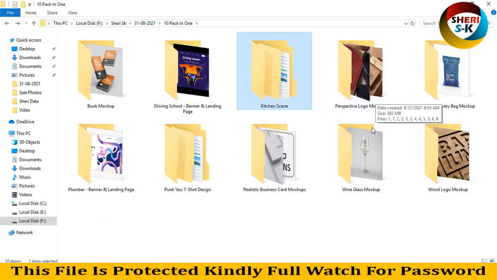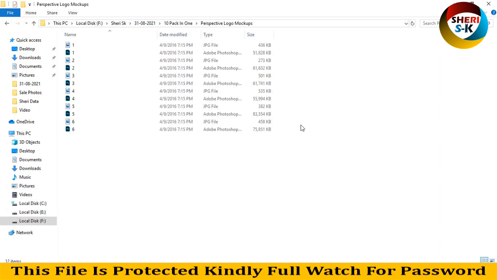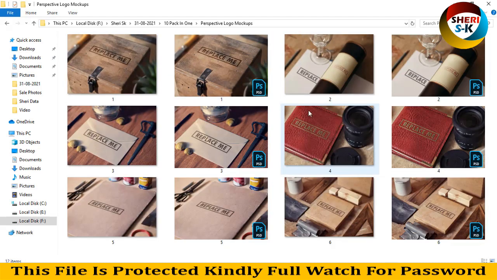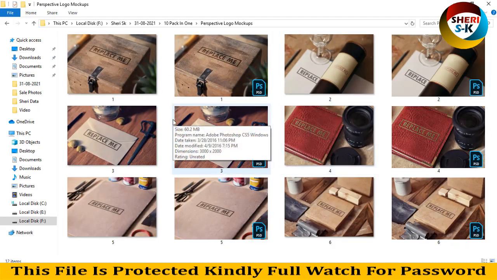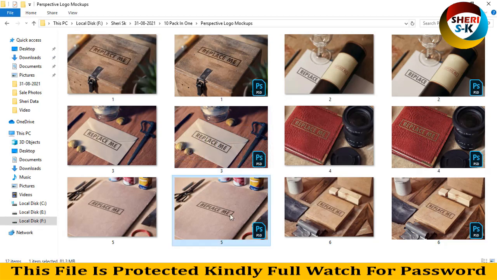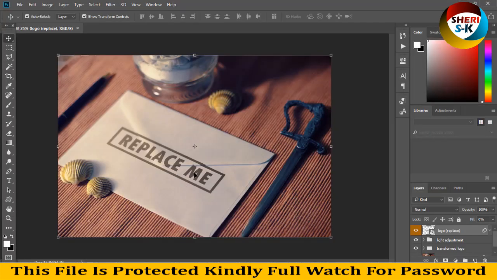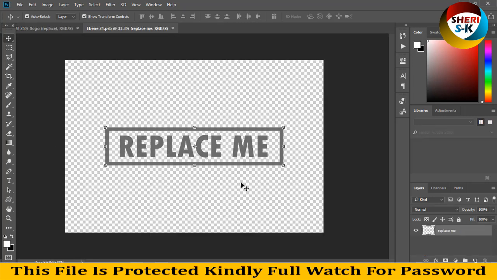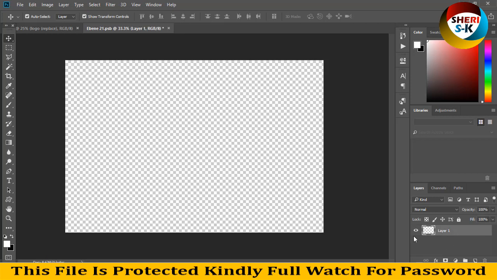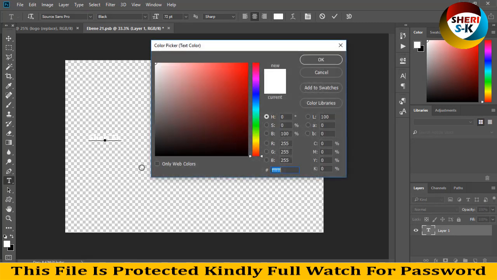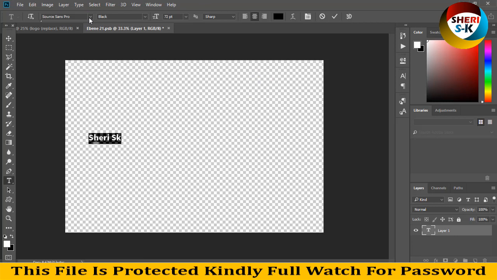Next is a perspective logo mockup. Here are 12 files, that means 6 files: 6 are JPG for preview and 6 are PSD for mockup. Simply I drag this file, replace me, replace your logo. I don't apply any logo, just write a name, Sheri SK in black color. Font is